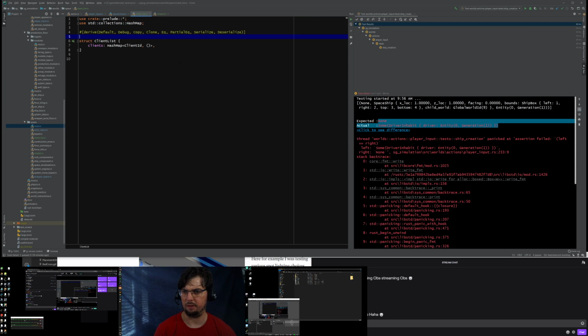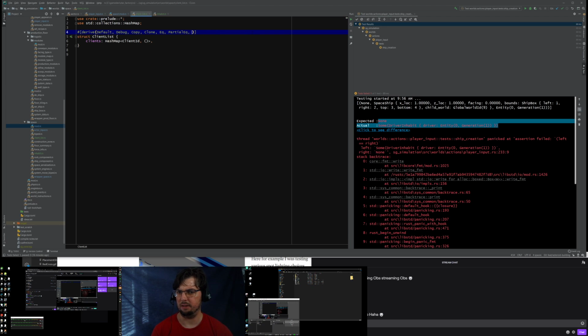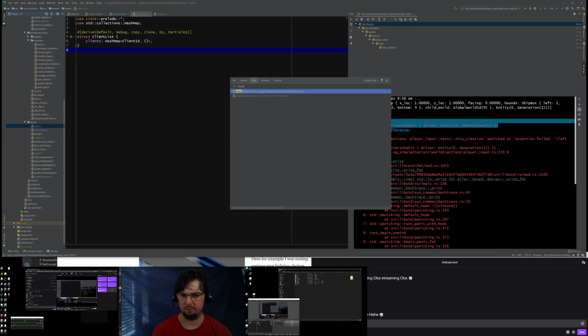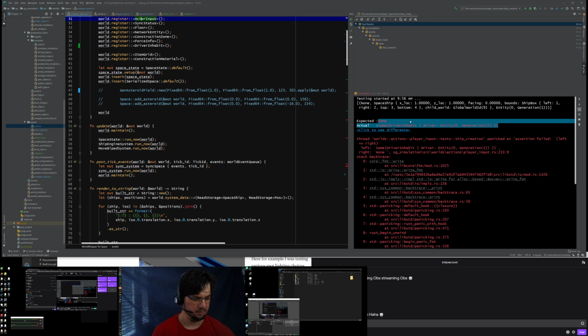So let's pop a derive instruction above from earlier in the clipboard. Default, debug, copy, clone, partial eq, serialize, deserialize. We don't need to serialize and deserialize here. Default, debug, copy, clone, yeah, we can live with those. So we have a hash map of these things. So wrapper space is here. So when we create a new space wrapper,